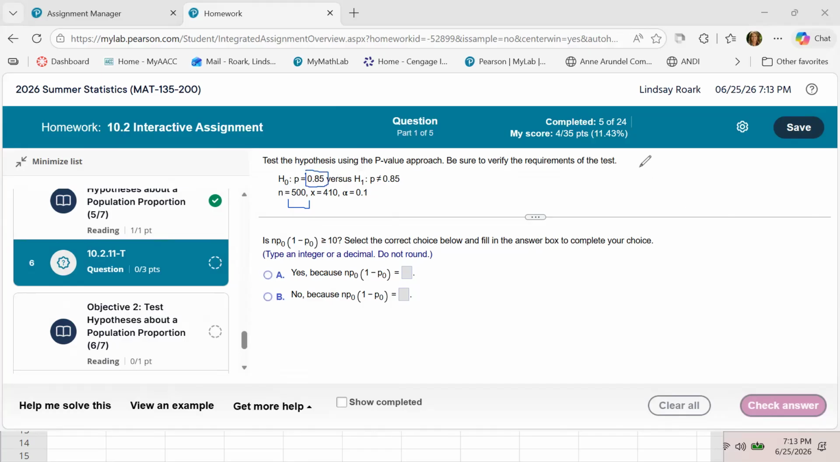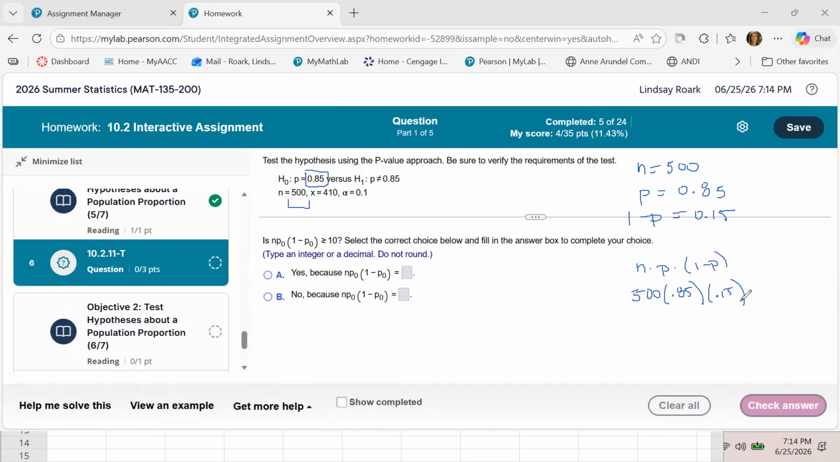So what I would recommend you do, again, is just go off on the side, even though I know it's a little less confusing, hopefully, that they have the values spelled out for us. I still like to go off to the side and say, okay, N is 500, P is 0.85, 1 minus P is 0.15. And then I can just go to my calculator and say N times P times 1 minus P,